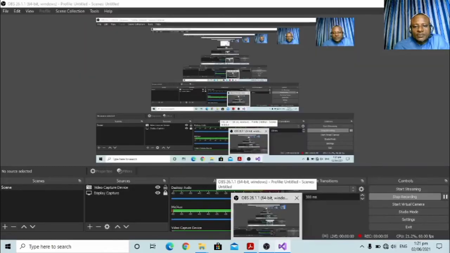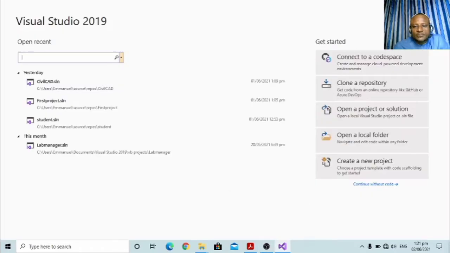The moment you download the Community Edition, you will be able to have it installed on your system, and then you can go ahead with what I have. I'm using Visual Studio 2019. All right. So the first thing that you do after installing is to go to Windows and start